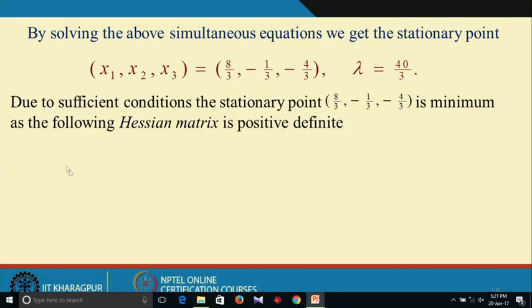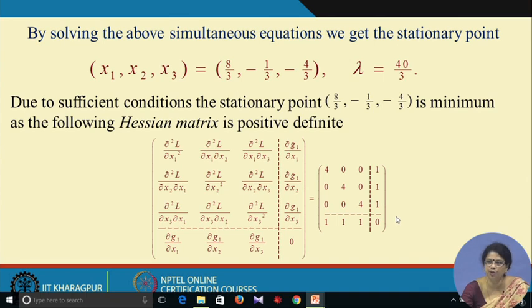The same thing we will see in the Kuhn-Tucker condition, how it is being related. Depending on the lambda value, we can say many things. Now, after that we will construct the Hessian matrix for it, and the Hessian matrix seems to be positive definite,